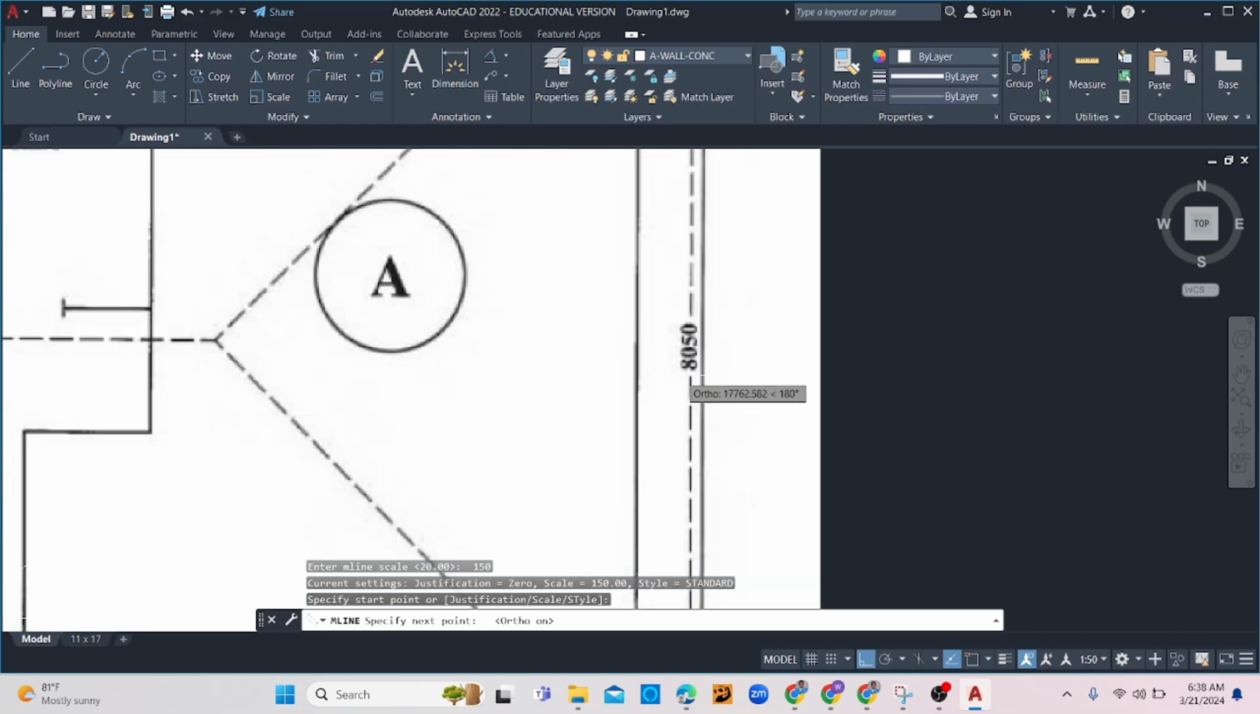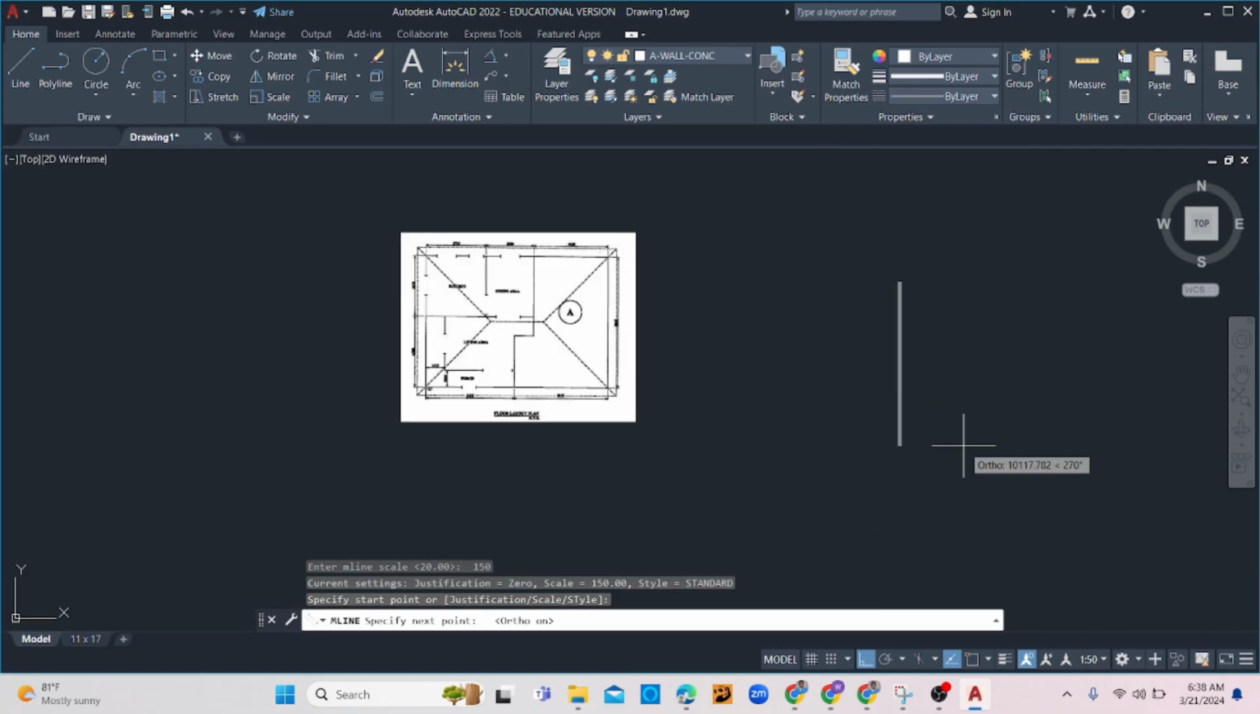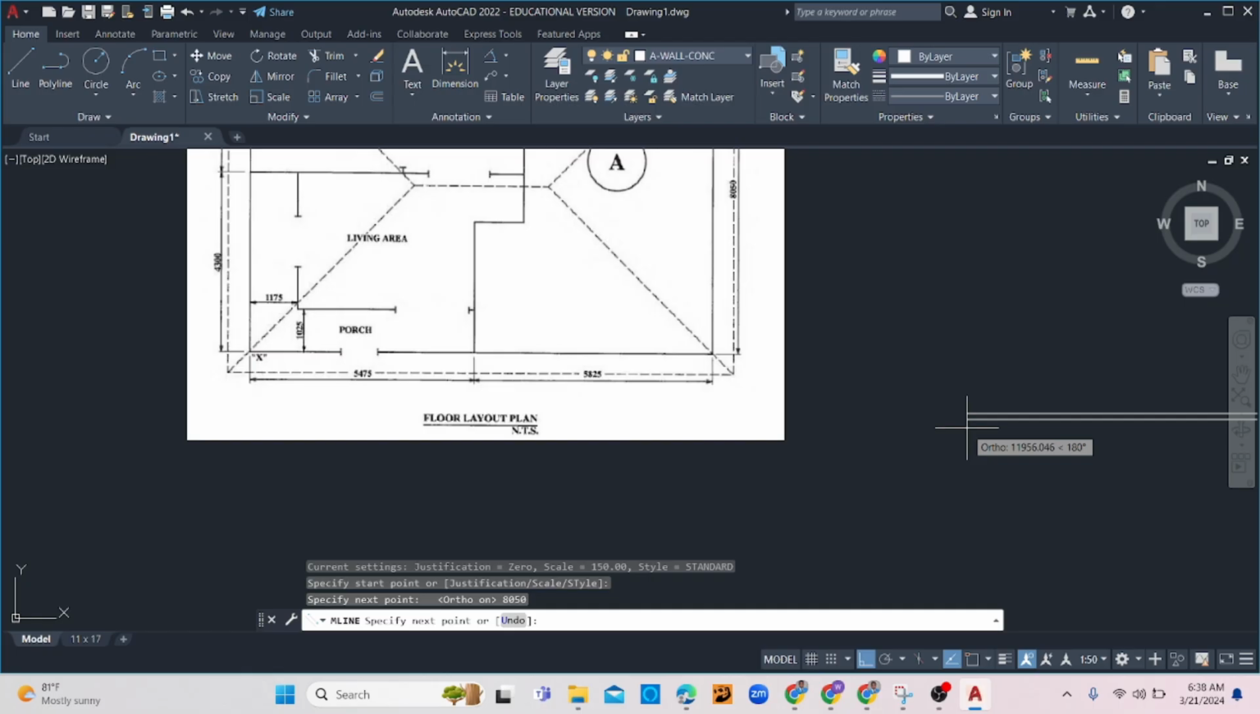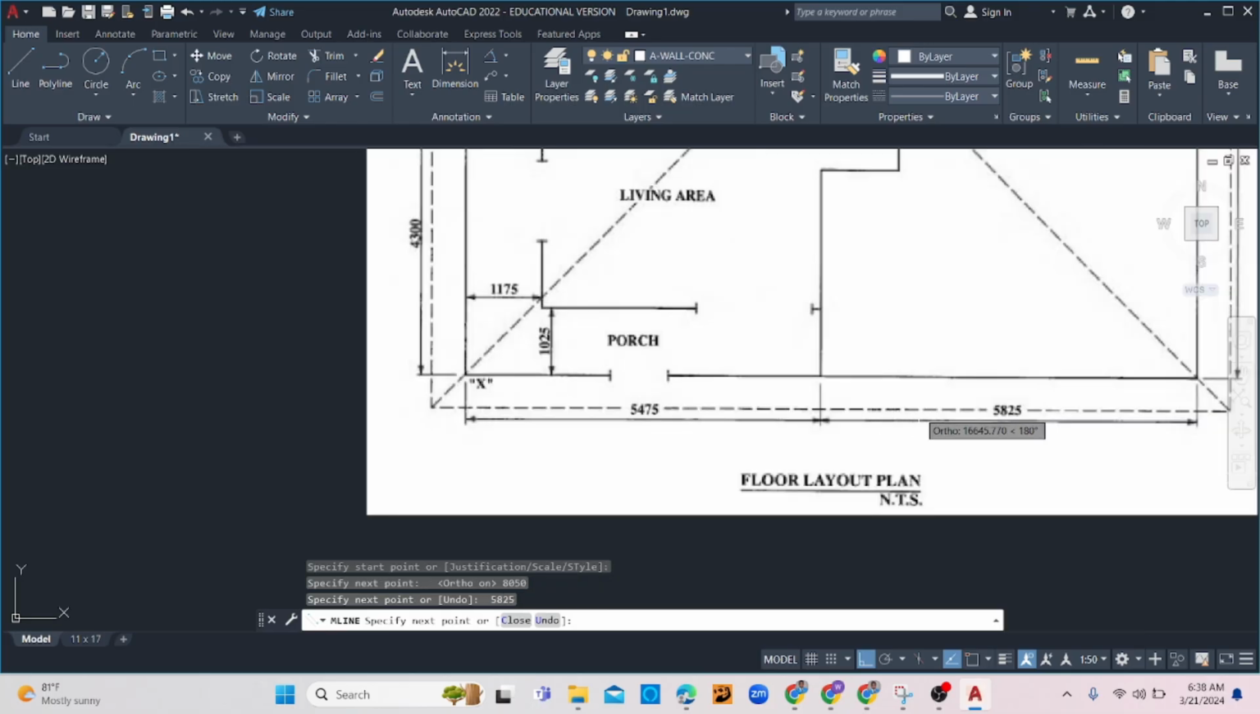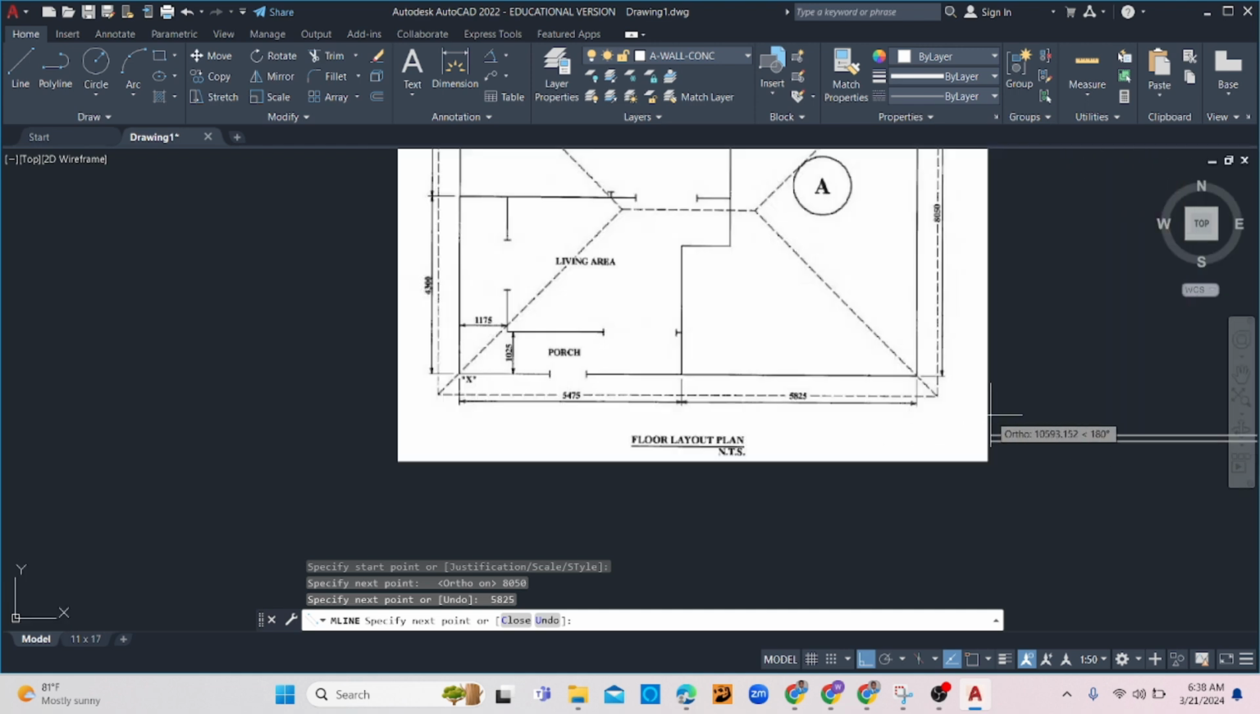The measurement is 8,050. So I'm going to draw a line down, 8,050. Alright, I'm going to be going across by these measurements here. So the first one that I see is 5,825. Alright, then it continues over for 5,475. So I'm going to enter 5,475. It goes up now by